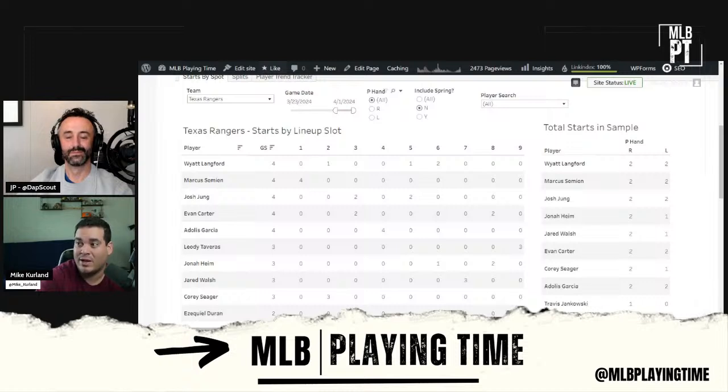I think he stole a base yesterday. A fun fact is, if you include the playoffs, since he's come up, Evan Carter is 7 for 7 on stolen bases at the major league level. So I think he's taking advantage of those rules rather well, and I wonder if they're going to give him a green light because his on base ability has been there. He's just not hitting yet, but the hits are going to come because he makes too much contact for them not to. The power might be a little less than desirable at the end of the day, but I think he'll be able to steal bases, score a ton of runs, and be a productive part of this lineup once he gets hitting.